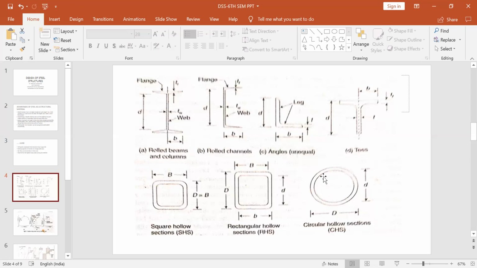Again, as per the number before A or B, if it is 440, the ultimate tensile strength will be 440. If it is 510, it will be 510. Depending on the nomenclature, you will have different yield strength. Fe410 is the most commonly used steel for design of steel structures. So take it for granted that the ultimate tensile strength will be 410 megapascal and the yield strength of Fe410 will be 250 Newton per millimeter square. These values you just remember for steel structural design.